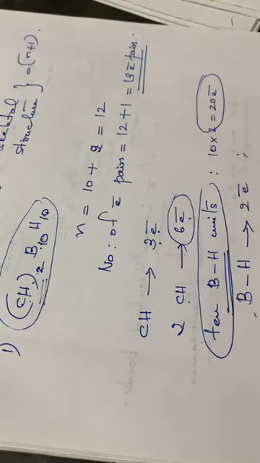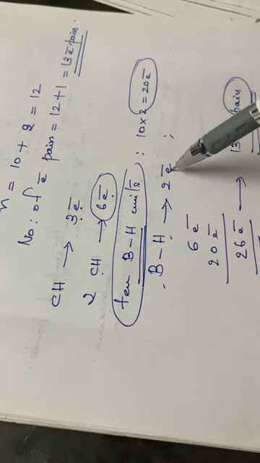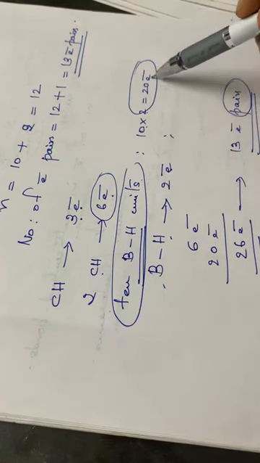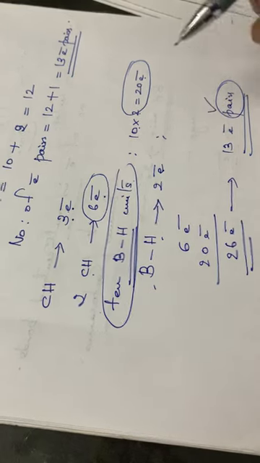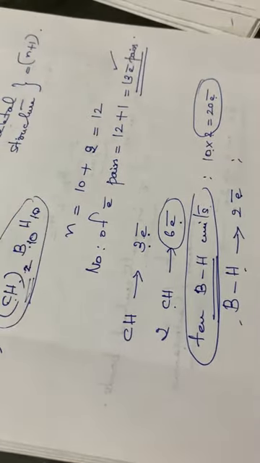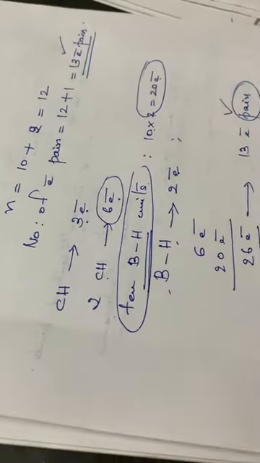No remaining or additional hydrogen atoms are there. In total 10 BH units, that means 1 BH unit will be donating 2 electrons. So 10 into 2, 20 electrons. So in total 26 electrons, that means 13 electron pairs. That is what we obtained in the first step itself, isn't it? So this is how you have to calculate the number of valence electrons donated to the number of electron pairs in the skeletal structure.